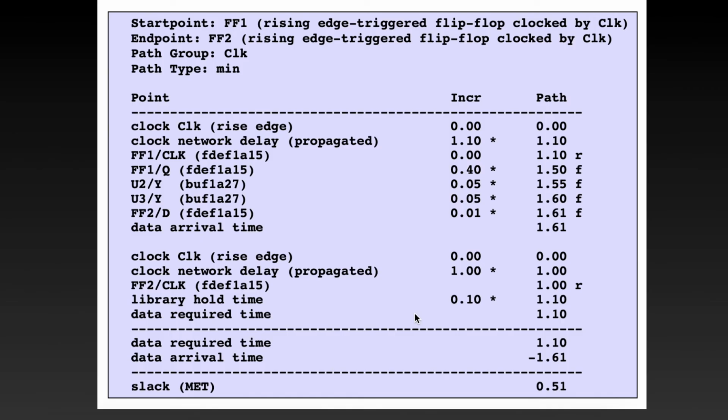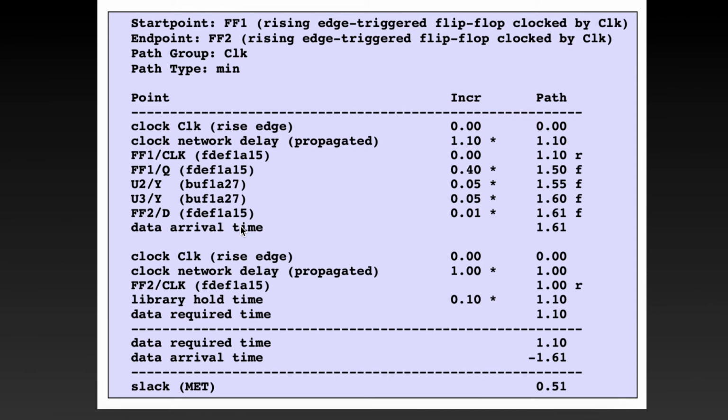Now let's take a look at the min delay report. This report also has 4 different sections like we saw in the max delay report. Let's go through these sections briefly here. In the header part, the first 3 rows are the same as in the max delay report, whereas the last row, which is the path type, is now changed to min. That means we are going to look at the shortest path or the fastest path in the design by considering the min delays. So the next section is the data arrival time.